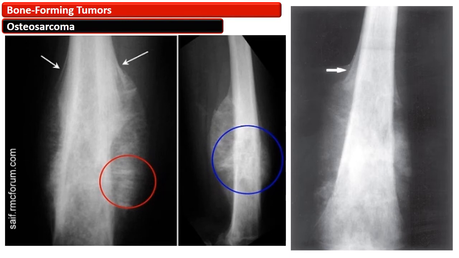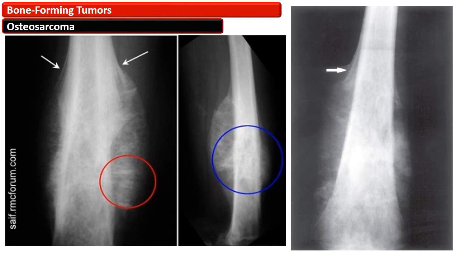It is an indication of the aggressiveness of the tumor, and this is a non-specific finding. It is just depicting that there is a reactive bone formation, and this elevation is marked by the arrows, and there is